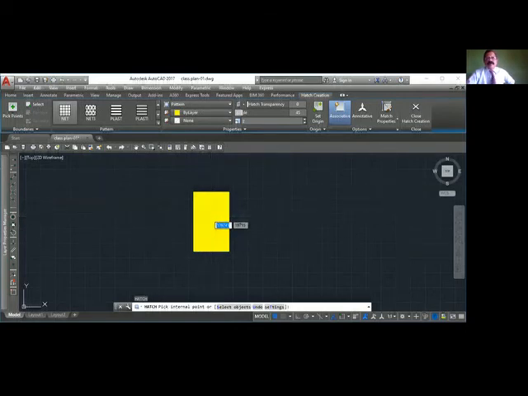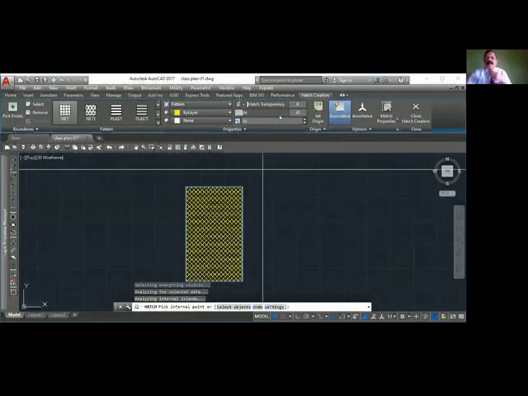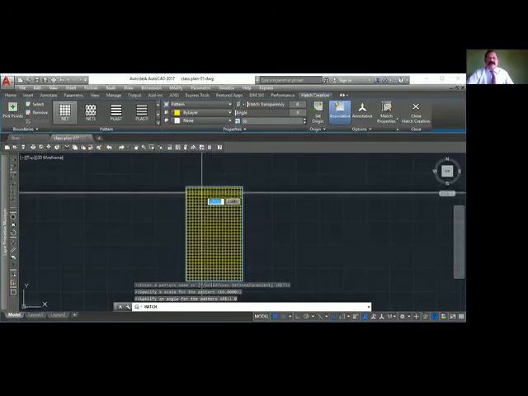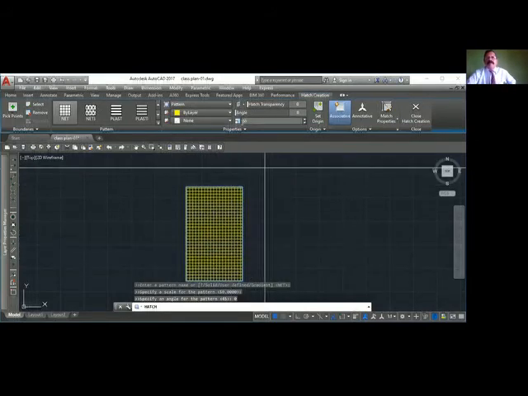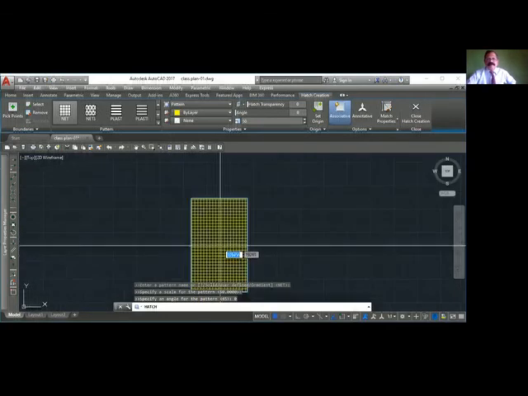It is coming as a hatch, and you have to change the scale. Angle we will keep at 0. But we want 300 by 300. It is giving some scale, maybe 500 or something like that. 500 by 500, not 300 by 300.